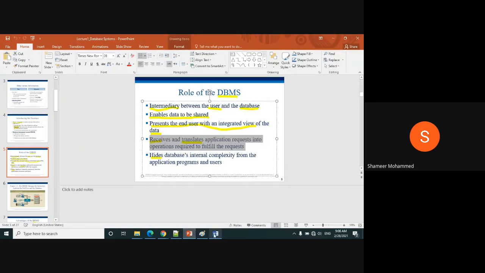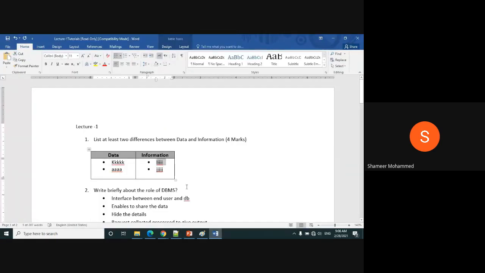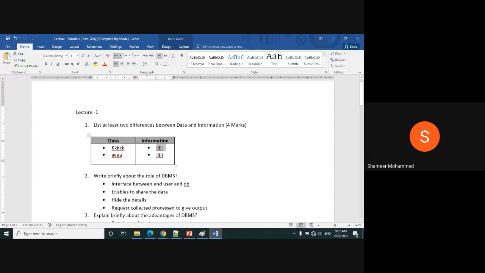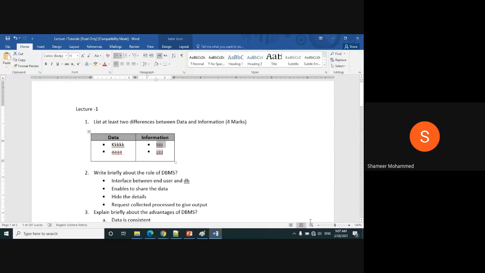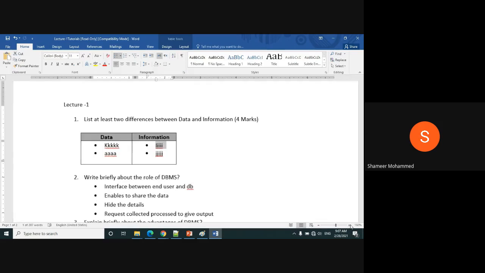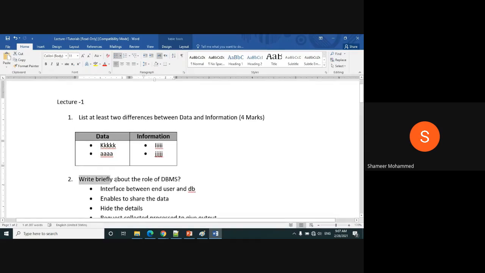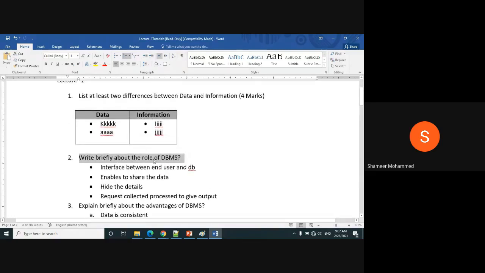So your sample question will be something like this. Describe briefly the role of DBMS. Then you have to write the answer. It can be in your own language. It acts as an interface between end user and database.